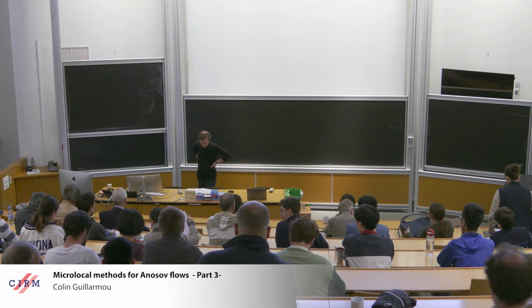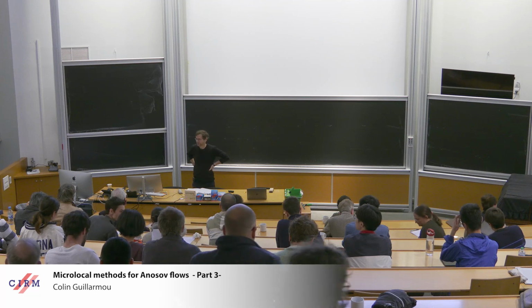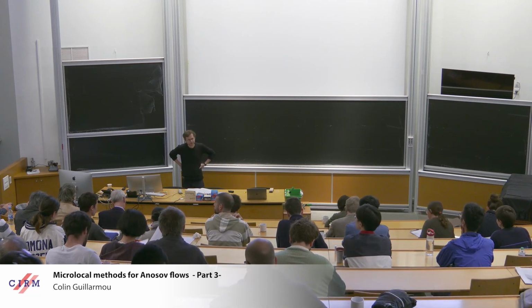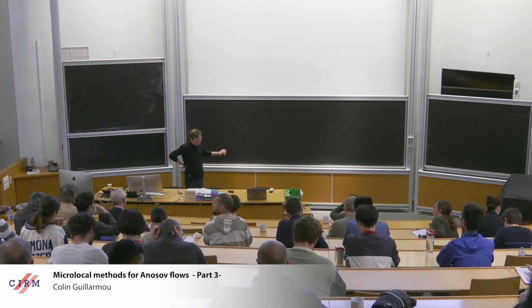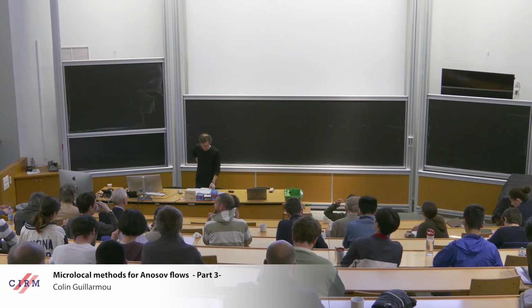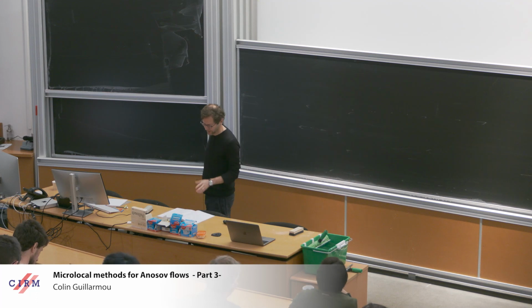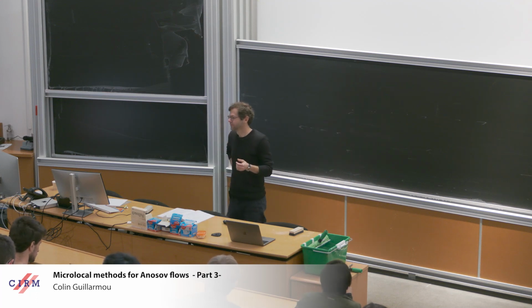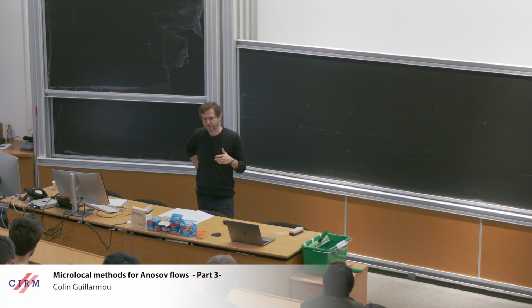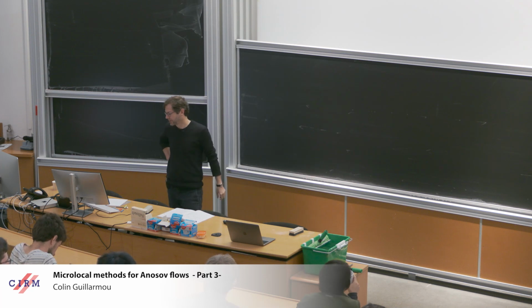I will try to show in this last lecture how to apply the method I introduced in the first two lectures to the study of Anosov flows. And in the first part, I will explain a bit how to set up a Fredholm problem for an Anosov vector field using these anisotropic spaces. And then I'll explain some application to